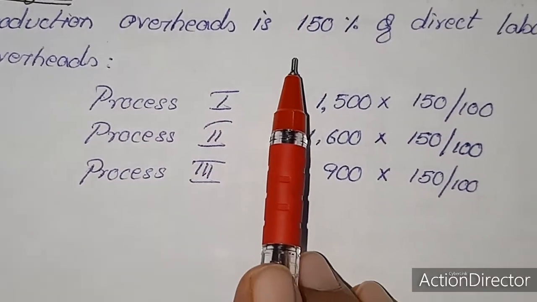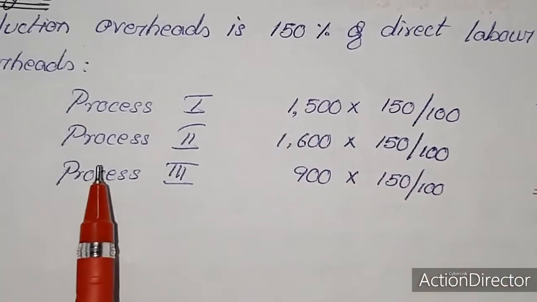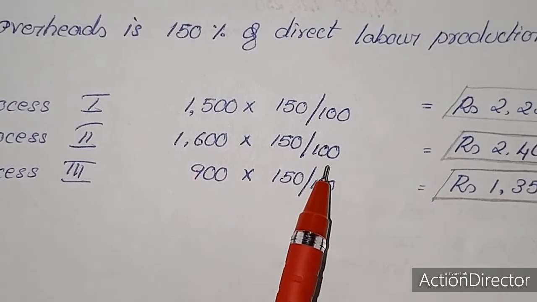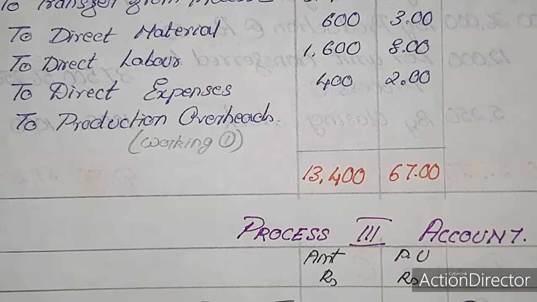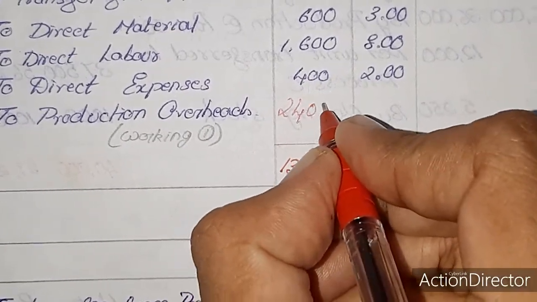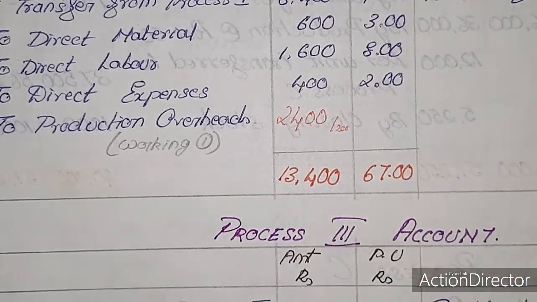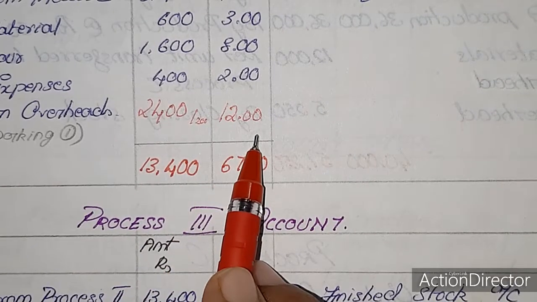Production overhead is 150% of direct labor. So process 2 direct labor value is 1600, 150% of which is rupees 2400. So now I write the calculated value, 2400 divided by 200, I get